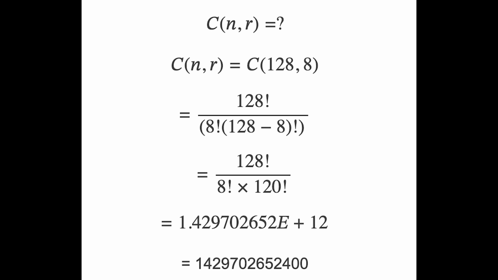So if you have, oh my god, I'm not sure what number this is. I think this is 1,424 billion 702,652,400 possibilities. Now, if you include the 3-note chords in this, so that's 128 plus 24, you have a total